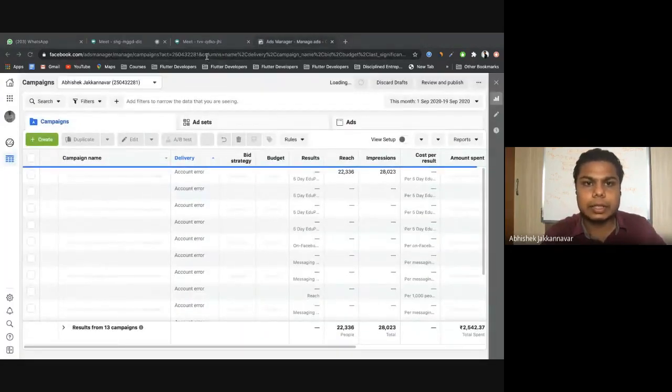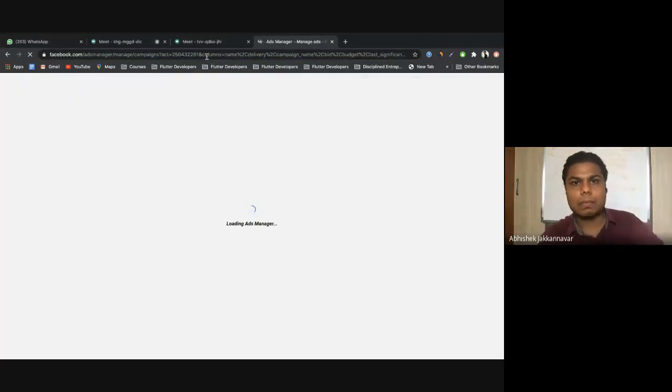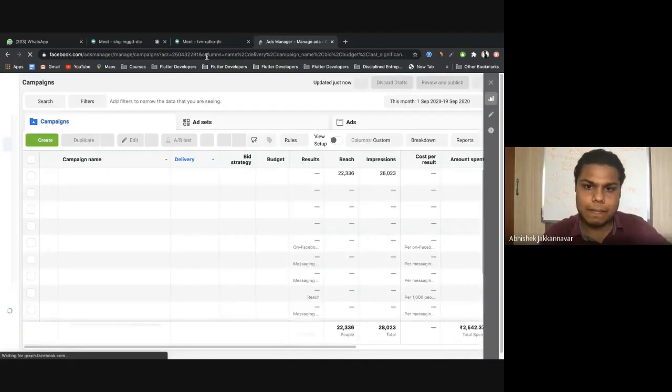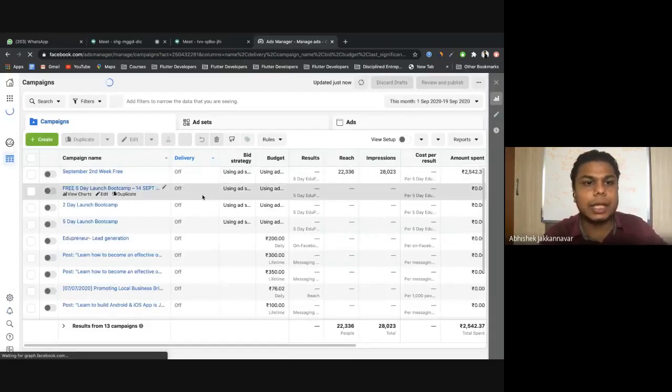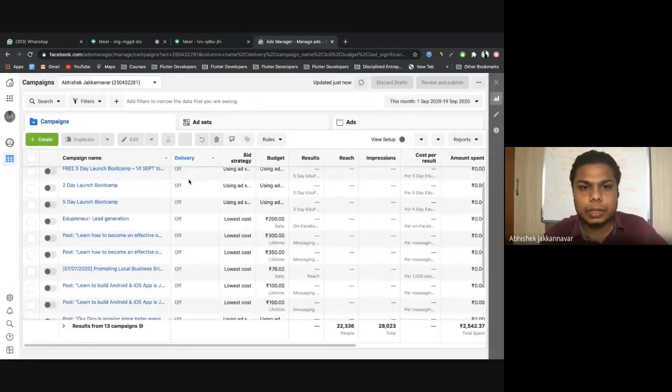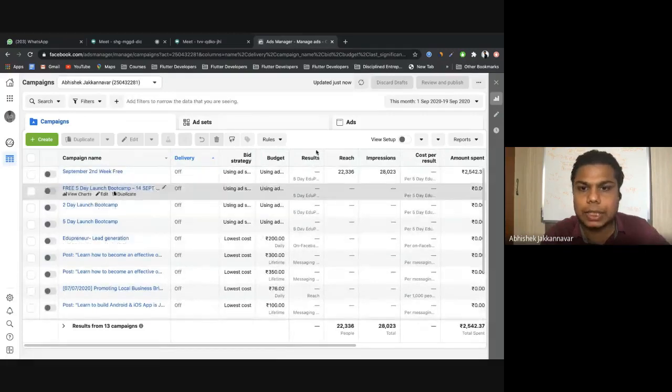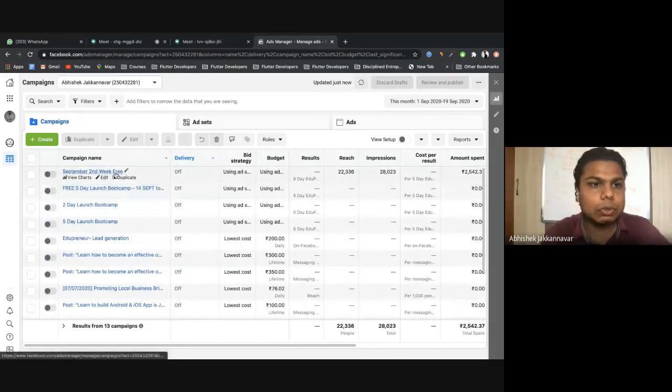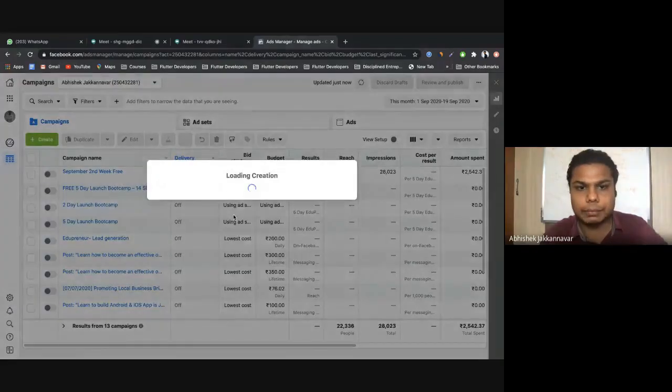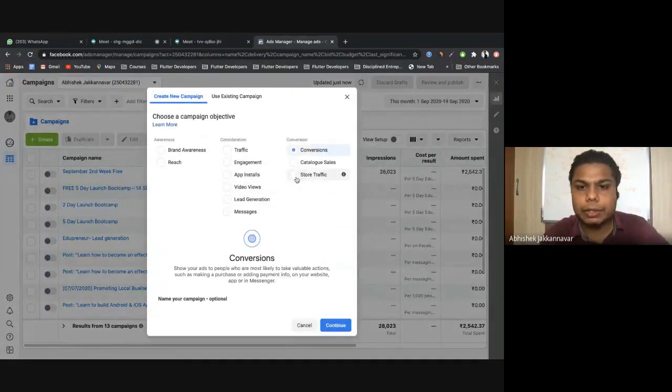Okay, and I just reload this now. So now if you see, the error message has disappeared. Okay, so now I just click on create again. I purposefully did not put the payment in before showing in the session, so that you can have clarity about how to go about that.